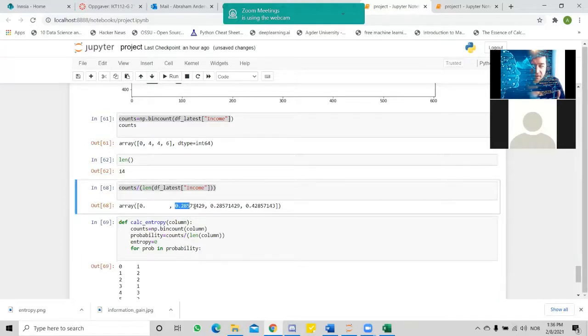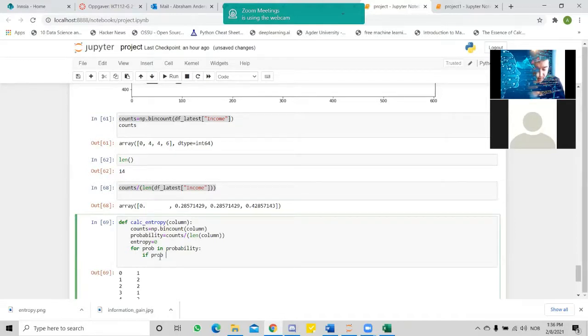This will give us the probability of each value. So I will go through each probability because I need to find each one, and after that I will multiply it by its logarithm. Because I am using logarithm, the probability cannot be 0. In our case, there are 0 data, so I will just say if probability is bigger than 0,